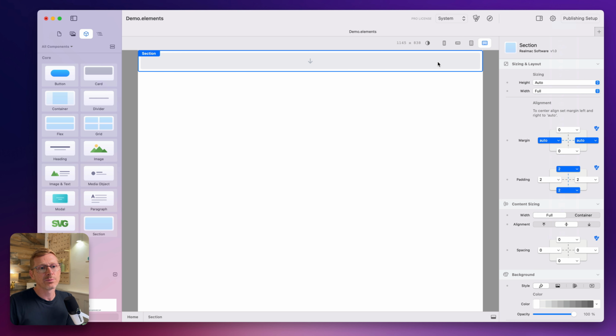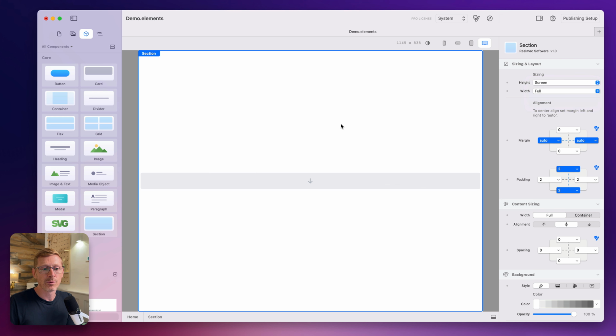There are other ways we can do this. There's the height option here. It's currently set to auto, which will stretch to fill the content. Or you can switch it to screen, and that will, boom, fill the screen with whatever content. So let me